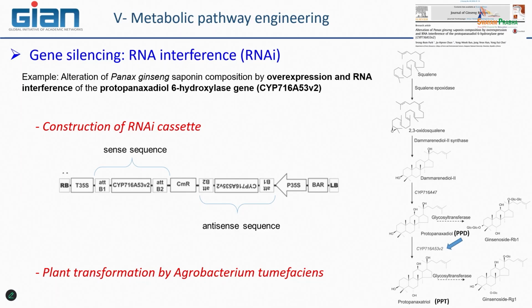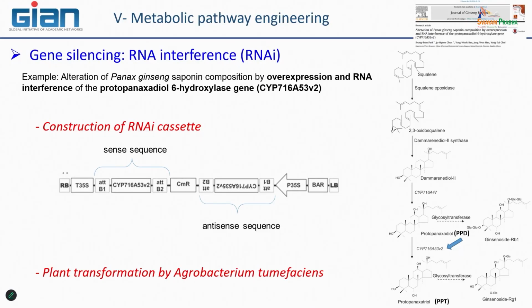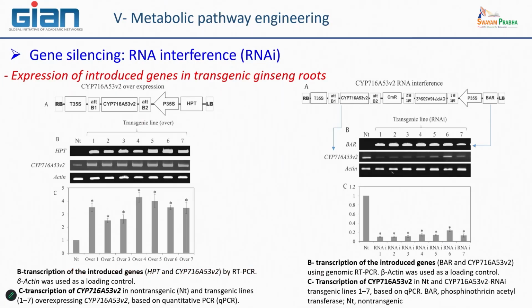After that, they transformed Agrobacterium, which was now recombinant with this type of construction, and they used these Agrobacterium lines to transform plant cells, in particular of Panax ginseng. They regenerated lots of plants, and what is shown here are some results concerning what happens in this transgenic plant. Also, in this paper, they did another type of strategy. I will discuss this with you after.